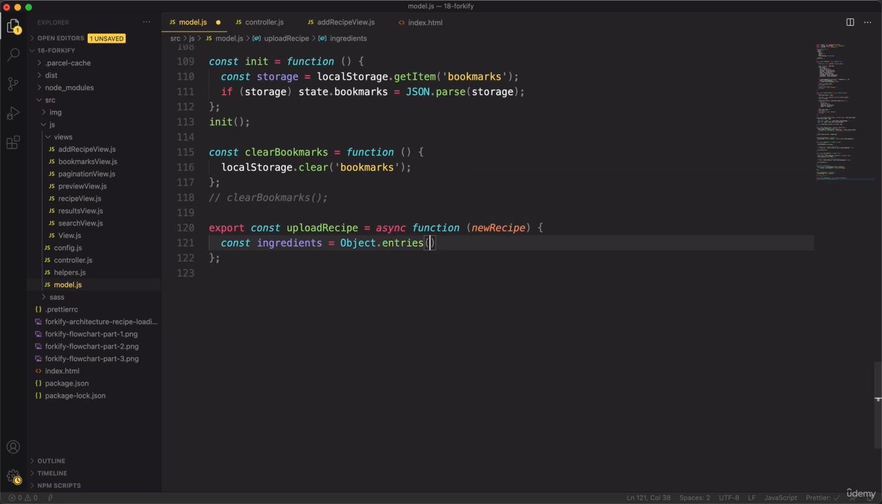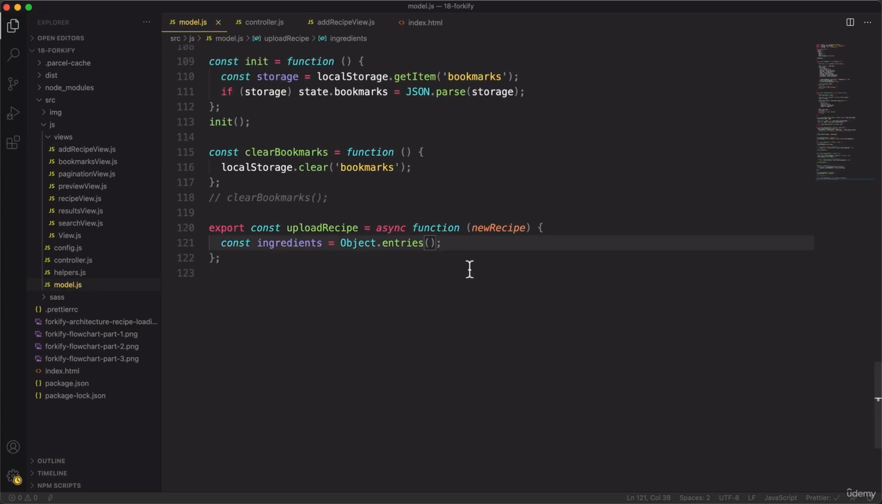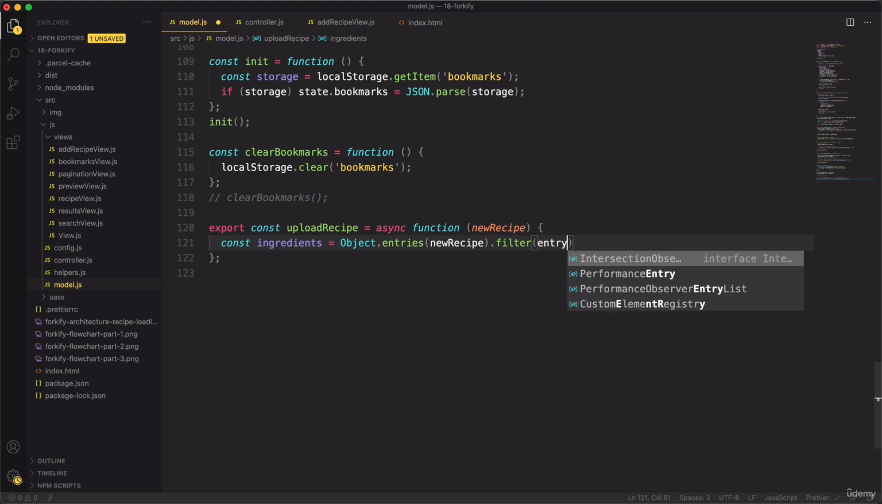So Object.entries. And as I mentioned, this is basically the opposite of Object.fromEntries. But it still makes sense to convert it to an object here, because we will also need the rest of the data here as an object. So newRecipe, and then we want to filter this array, because remember, we only want the properties that are called ingredient 1, 2, 3, all the way until 6. So in this array that we have right now, each element is an entry,